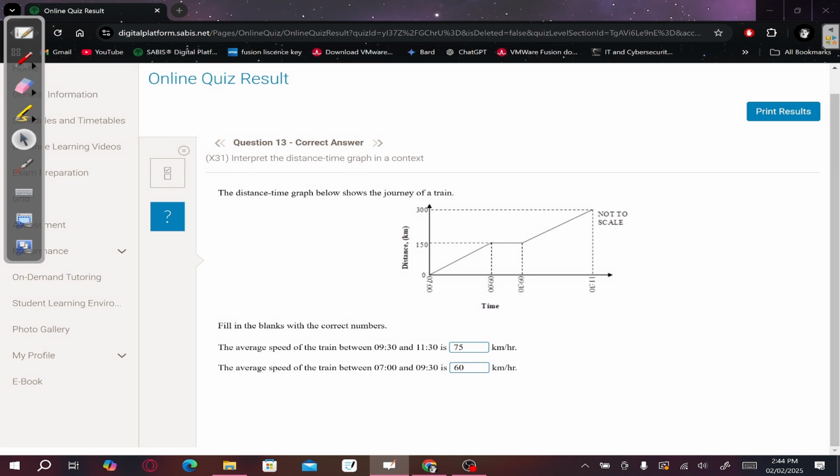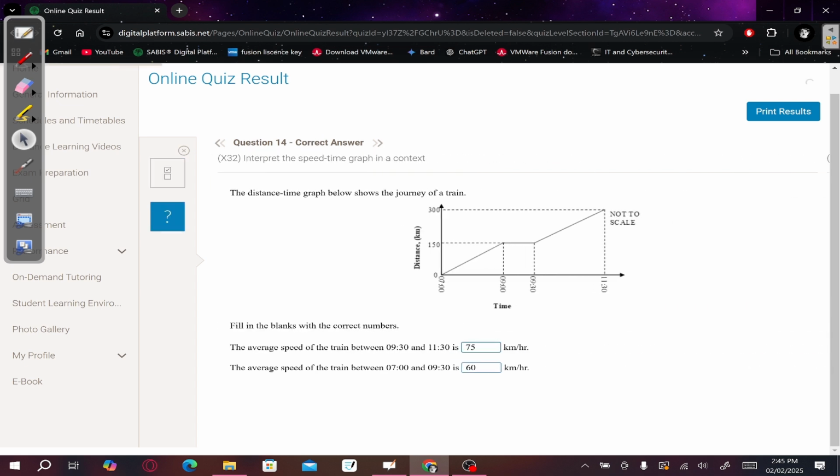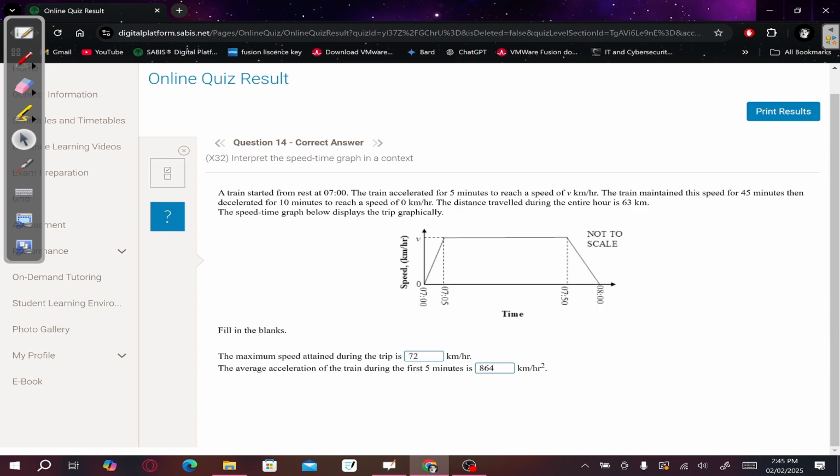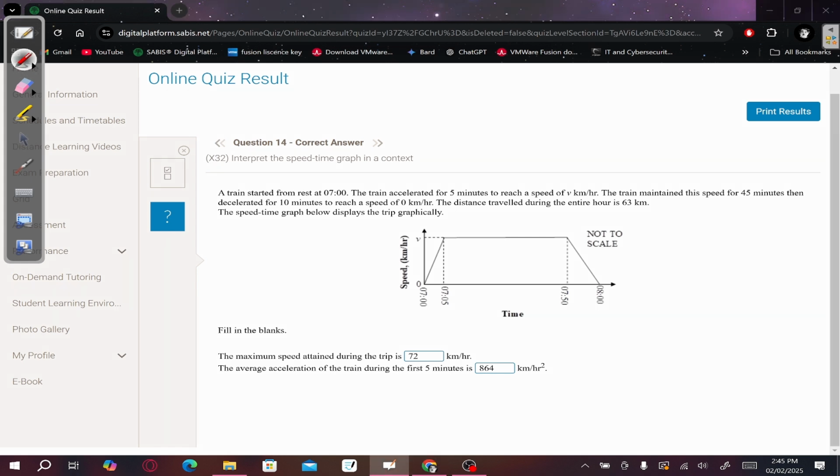Question 14. The maximum speed. This is a repeated question. I think you already know how to do it, but still, 63. We're going to find the maximum speed, given that this is a VT graph and we have the distance. Now, the distance in a VT graph, or velocity time graph, speed time graph, whatever, is the area of the shape. Okay, so here we have the distance given, 63, and that is going to be the area of this